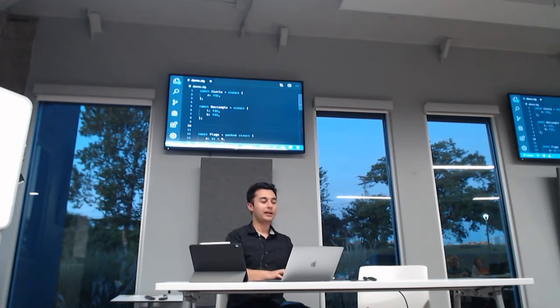So what I can do is create a shape, which is a union of an enum. It's a tagged union where I can have a circle be a type circle and rectangle be a type rectangle.